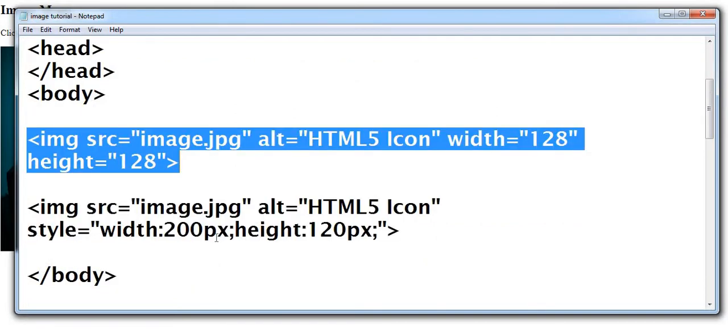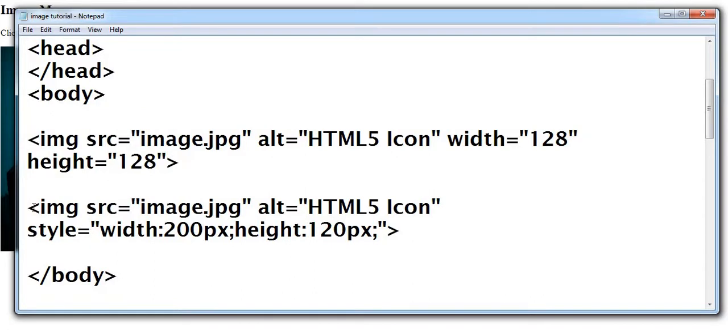And here I used another method to display the same image. Instead of using width and height as attributes of the image, you can also use these things in the style attribute, or you can say the CSS thing, the inline CSS code, and just specify the height and width of the image.